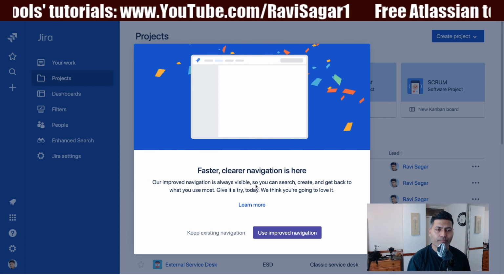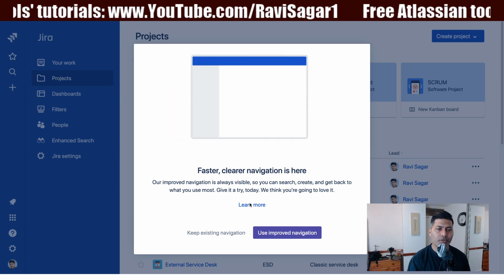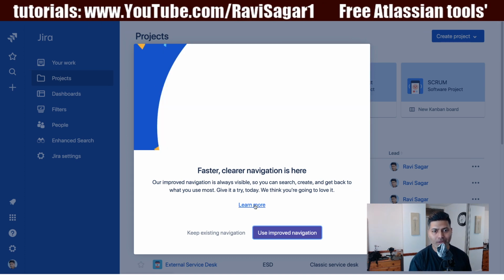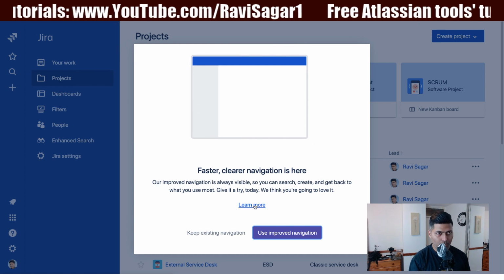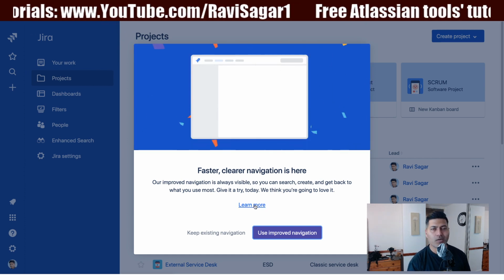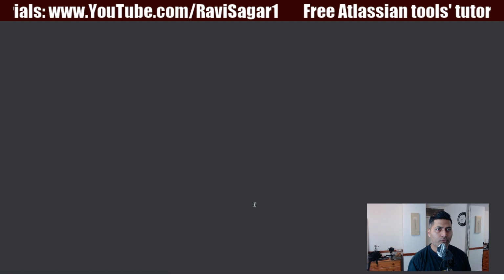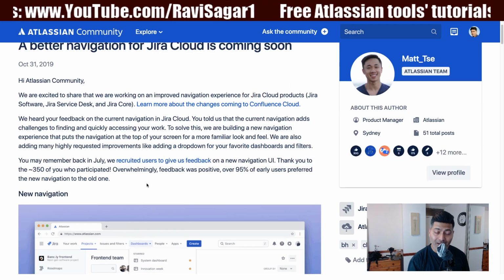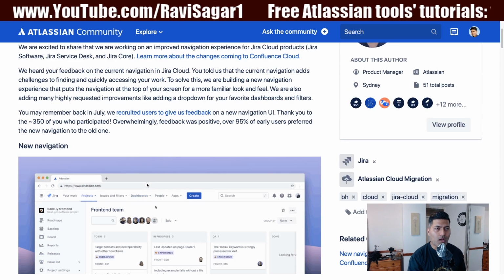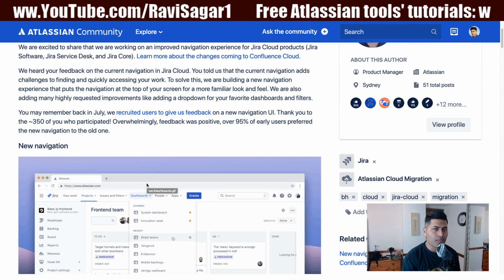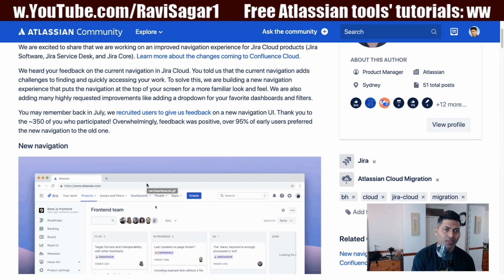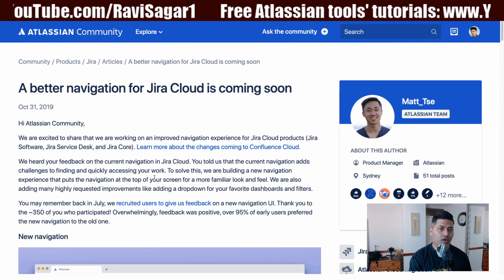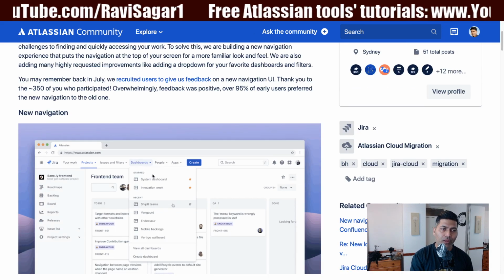So basically, there was some announcement about the improved interface on Jira Cloud, and I think there is a link that will probably talk a bit more about these changes. If I take a look at this link here, I've seen this article before, but I didn't really bother too much about how this improved interface or this better navigation will behave. But if I look at these